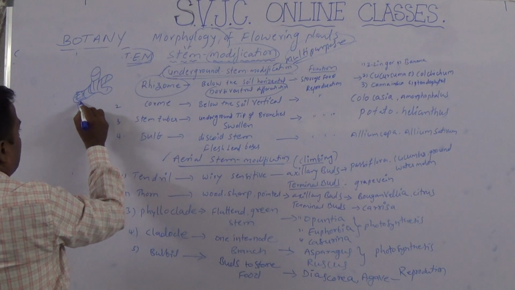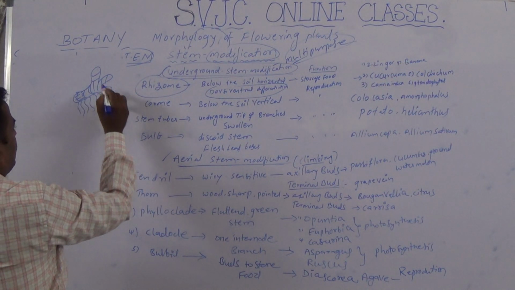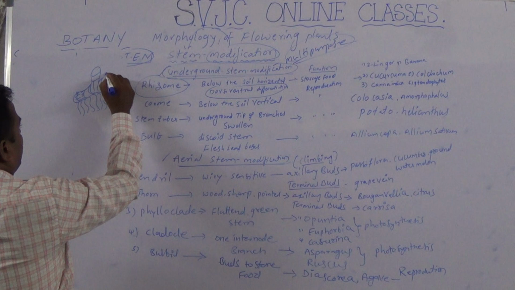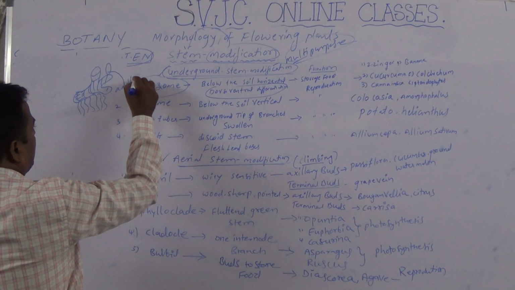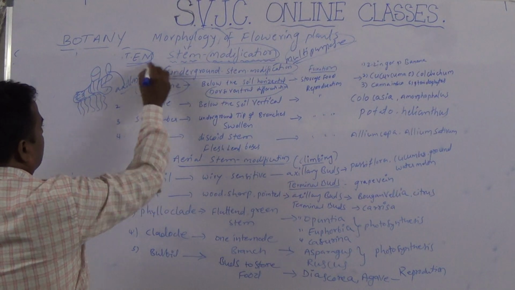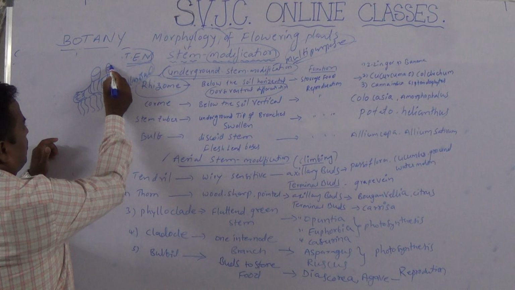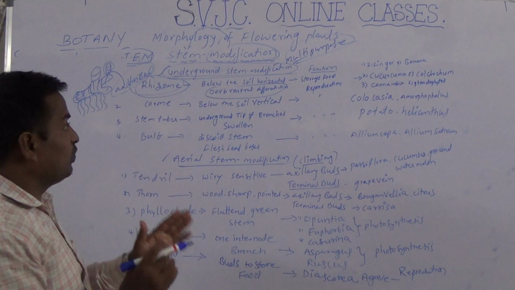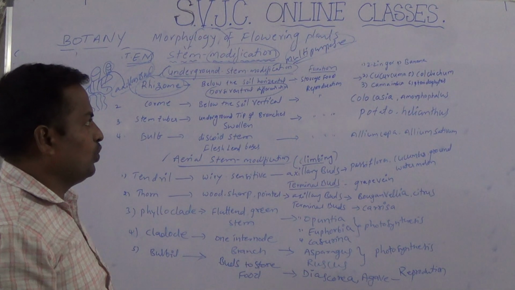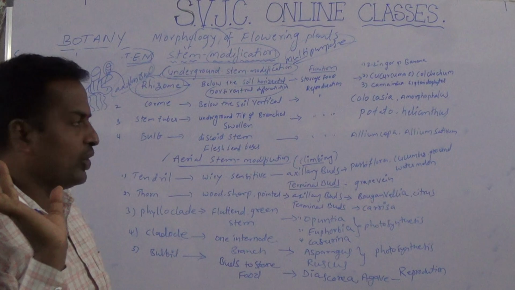On the ventral side many adventitious roots are present. Every node has axillary buds. The axillary buds become daughter rhizomes. It's very important, students. This is the axillary bud. The axillary bud becomes a daughter rhizome. So what is the function of the rhizome? It can store food material, and it is useful for vegetative reproduction.